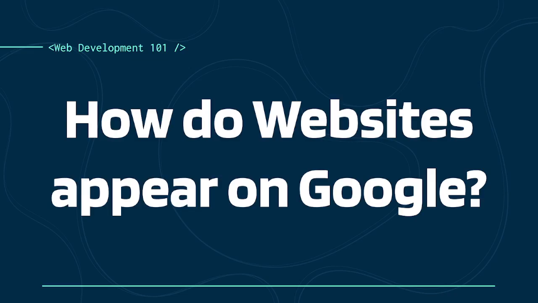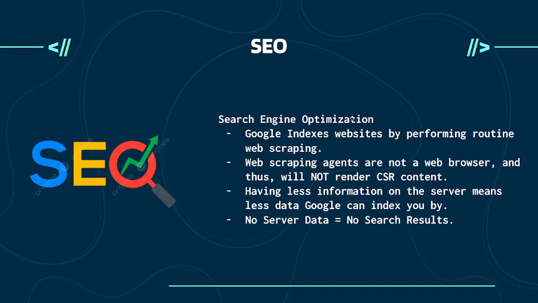How do websites appear on Google? And this is an important thing because, again, the goal of this is to build a portfolio. And if I look up your name, you probably want your portfolio to come up, right? So the idea of how things actually appear on Google is something we need to think about when we're talking about rendering. It's called search engine optimization. It's the study of how things appear on the internet. And the way Google has all of your indexing for your sites is it does web scraping. It basically goes through all of the things listed there, and the bots pull your data and display it, right? But here's the issue.